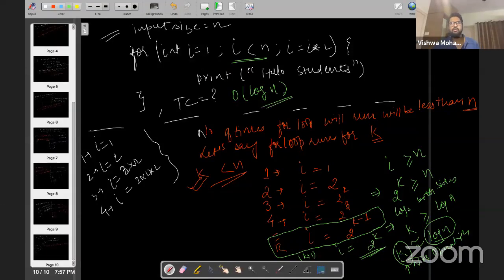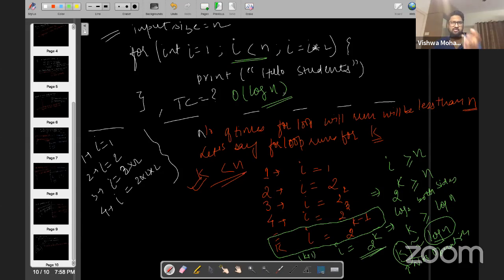So now no more do you need to memorize that. I have seen students who will tell the answer that this for loop has a time complexity of log n because they see it is multiplied by 2 every time. But when you drill them on why it is log n, they will not be able to answer that. The reason is they have never understood it, right?